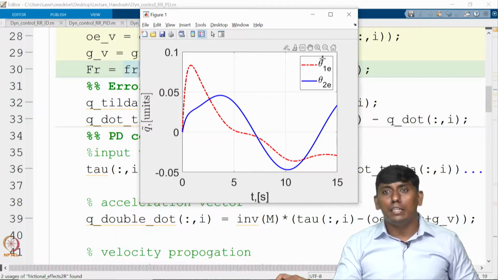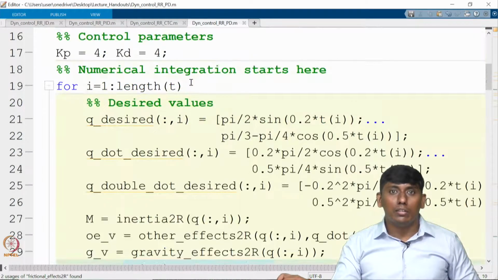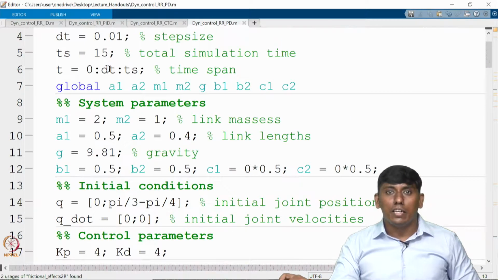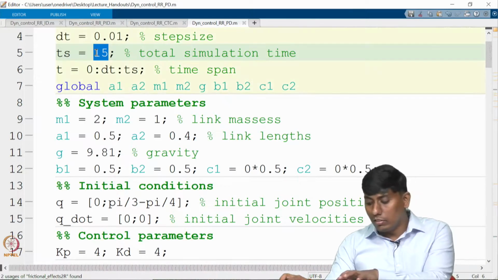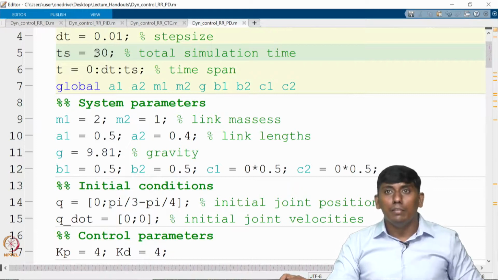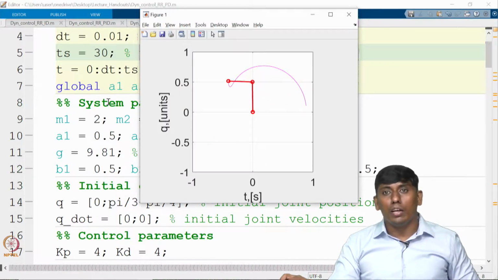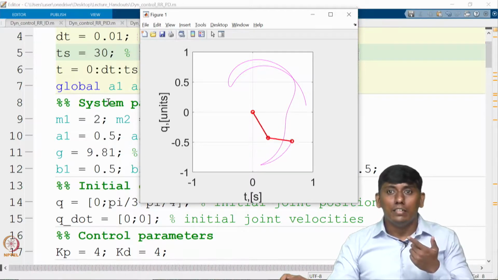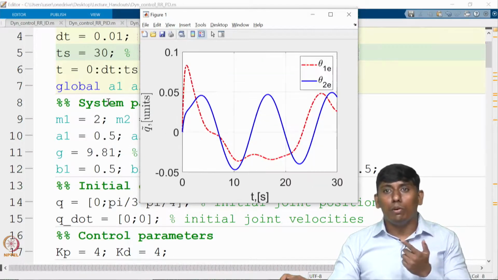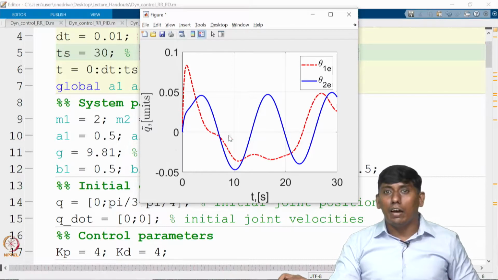After that it may get stable or not, which you can see by increasing the time. I set just 30 seconds when I ran. You can see it is going across and is not able to follow, because it has a steady state error, so the steady state error is prolonged.